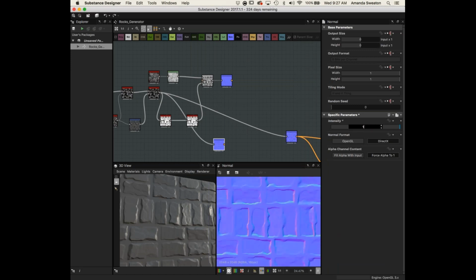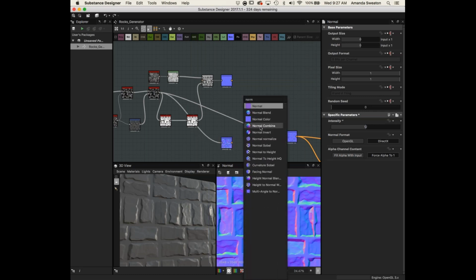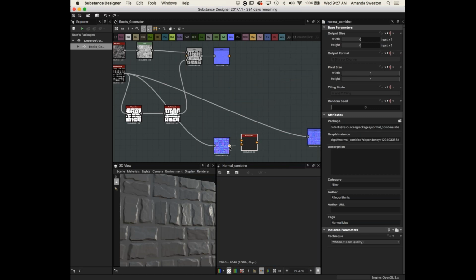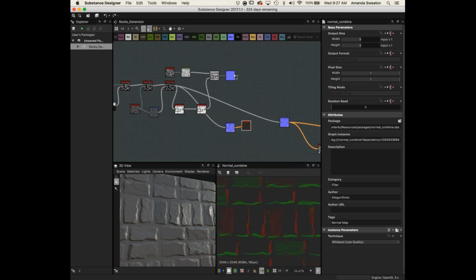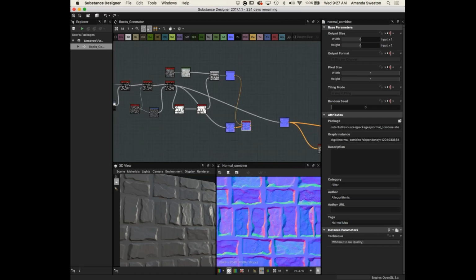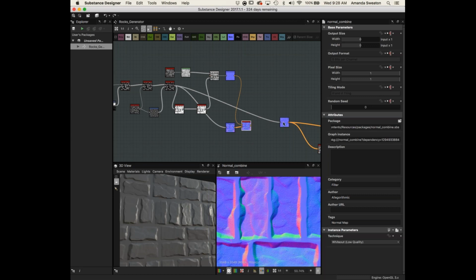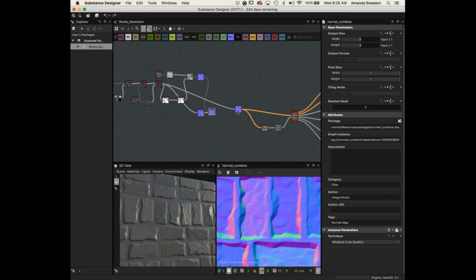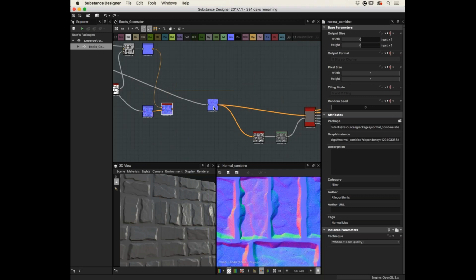Have it at, I don't know, let's do like a 12 intensity. And then I can do a normal combine. Have this as my base normal, and have this as the normal where I'm overlaying those pits. And so now what I have, let me get rid of,